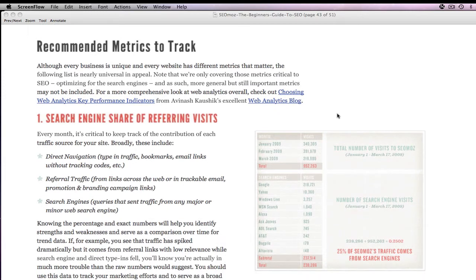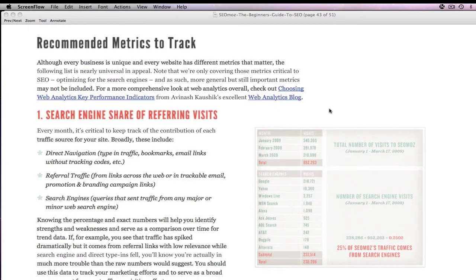And you can access those metrics through an analytical tool. The one they recommend, and they also have one of their own at SEOmoz, but the one I'm going to be using is Google Analytics. And I have some videos that explain how to set up an account there and how to set up your website there. So metric number 1 that you really want to look at has to do with search engine share